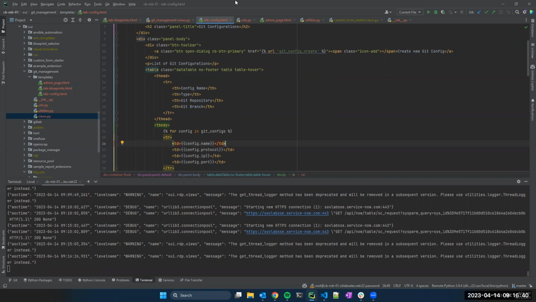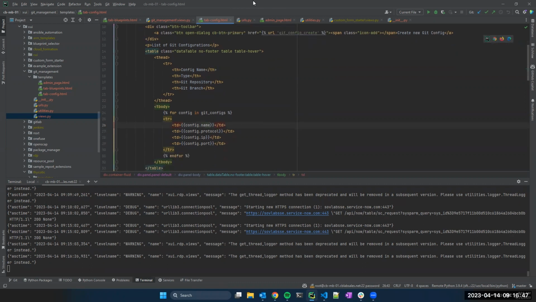I'm just wondering if it's better to just do an array versus a dictionary. I'm not entirely sure yet, but we'll get there. Okay, so for config in git configs,